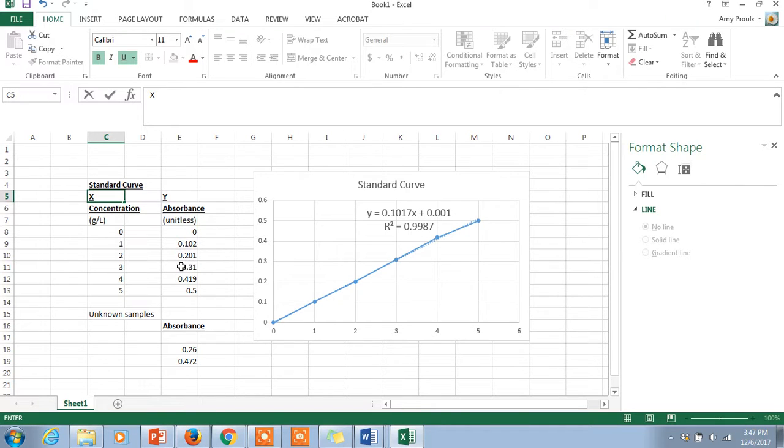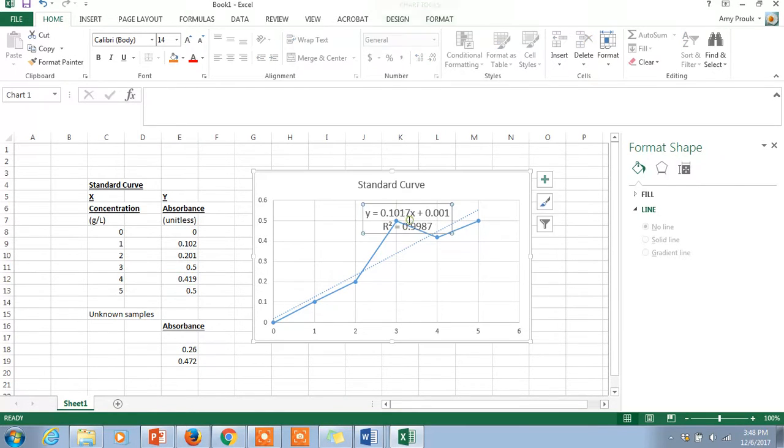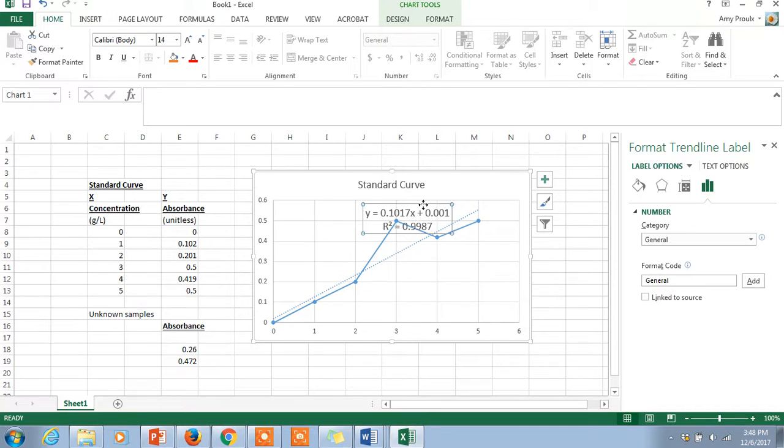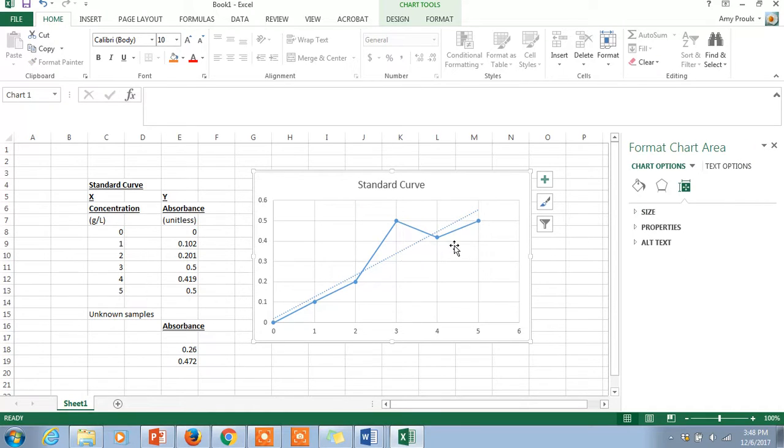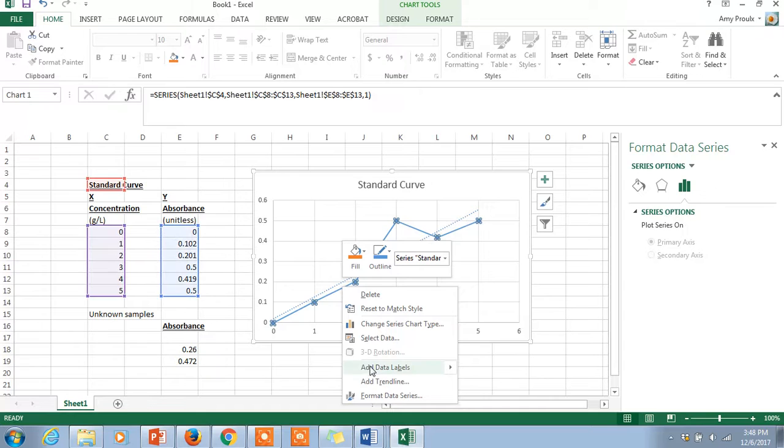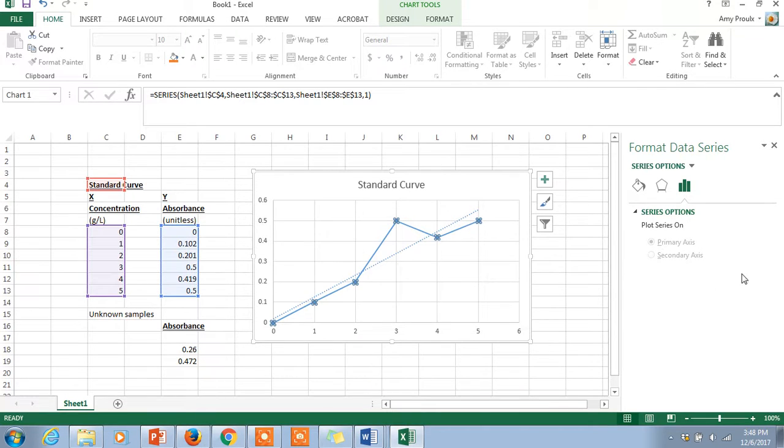Let me just throw a monkey wrench at this and just show you what happens. It's pretty darn good right now. Let me just make it horrible. 0.5. And if I recalculate that value, just for fun. So remember, how do we do it? Right click, format data series,